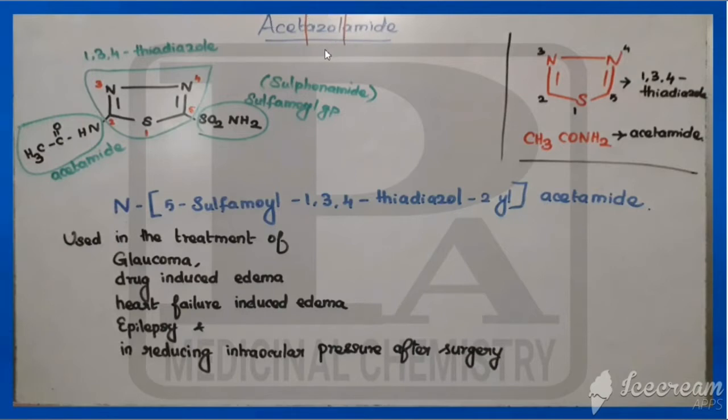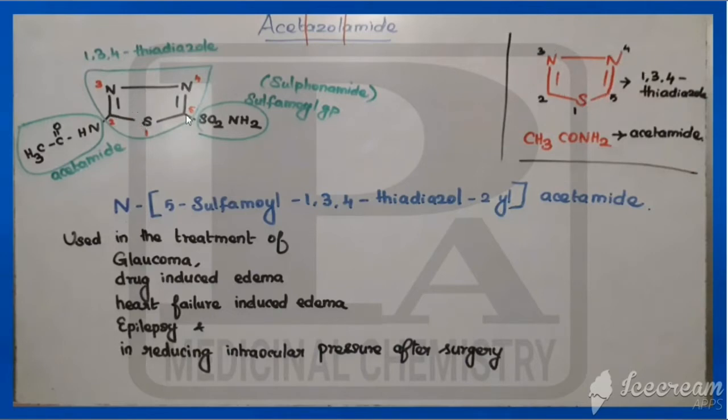So what is present in acetazolamide? It is having an acetyl amido group, that is amide, and azole. So azole is having acetyl amide, that is acetamide. So what is the azole present here? This is called thiadiazole. According to priority order, sulfur is getting higher priority. That's why 1, 2, 3, 4, 5. So look at this. This is called 1,3,4 thiadiazole, because there is one thia and two aza, that's why diaza. It is a 5-membered ring, so that should end with zole. So what is the name of this ring? This is called 1,3,4 thiadiazole.